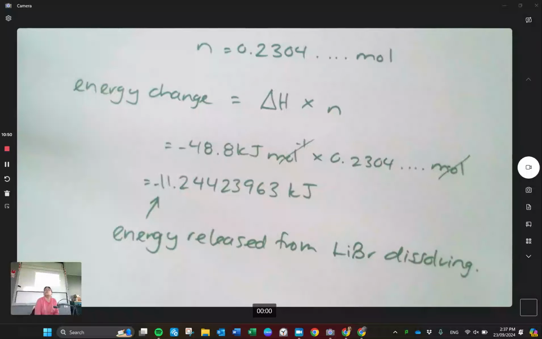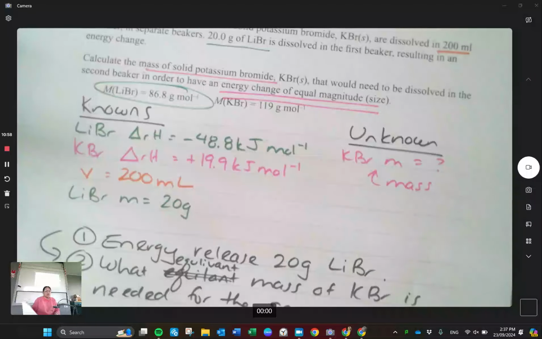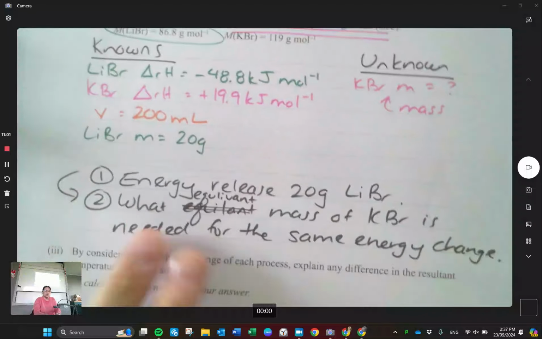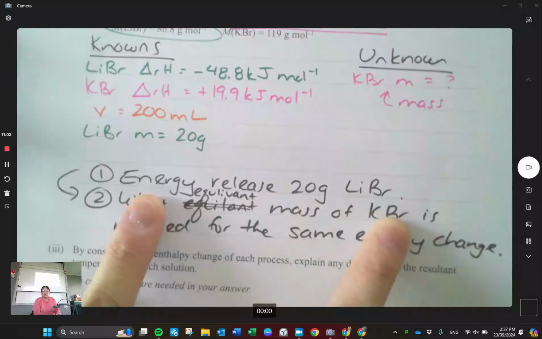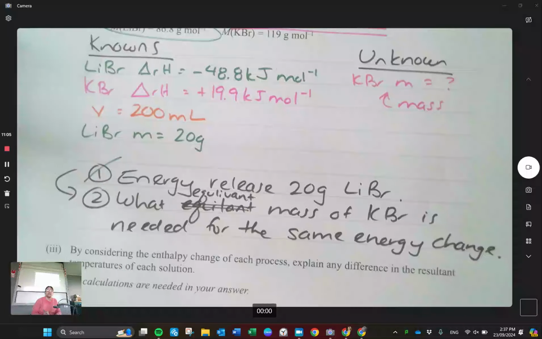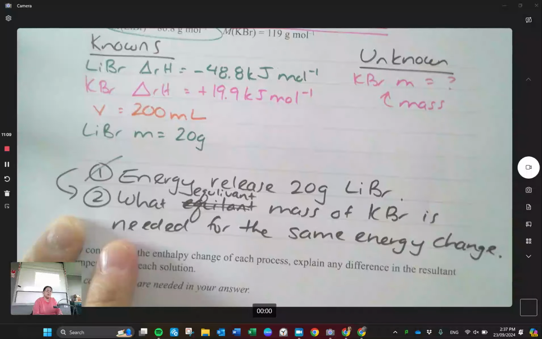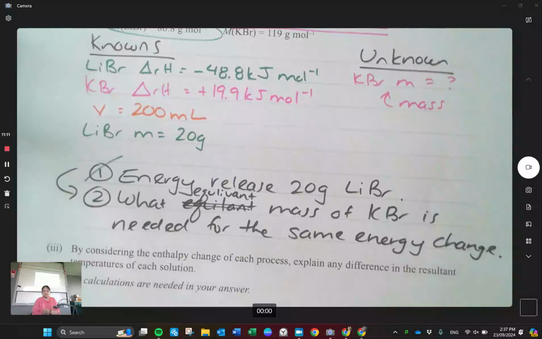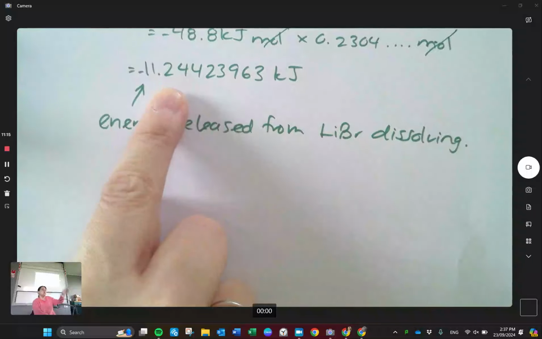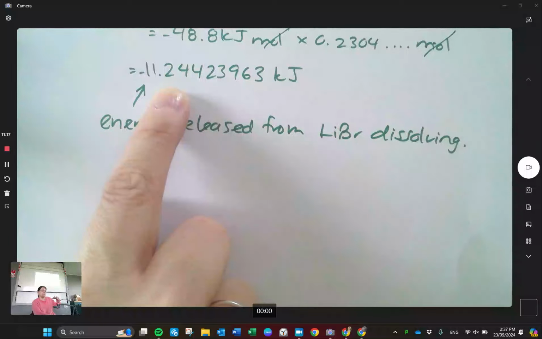So I need the answer to one question to be able to answer the second question. So it's a two-step problem, which is why it goes up to excellence. All right, so something to keep in mind is the first question here was the energy release of 20 grams of lithium bromide. That was the first step. The second step here is what is the equivalent mass of potassium bromide needed for the same energy change? So basically, this answer here, I am now using for the second part of the question, because the second part of the question is,